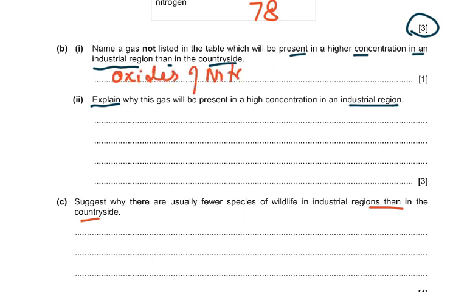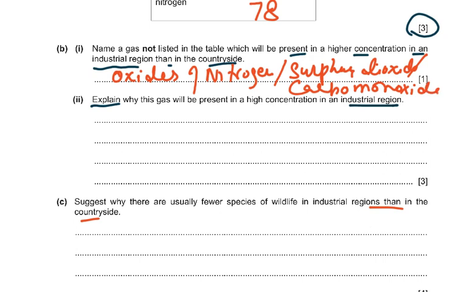Now, this is of course a syllabus point because industrial will cause oxides of nitrogen, or you could have said sulfur dioxide, or you could have said carbon monoxide. So you could have said carbon monoxide, all these were allowed. So you could have said any one of these, and this would get you your 1 mark. Explain why this gas will be present. Well, of course, you know that. Why would this gas be present? Human activity, or you can say factories or cars or machines, and we burn fossil fuels. And the other word for burn would be combustion. So basically, that is what we have to talk about. It's human activity, burning of fossil fuels, which is going to be producing all these oxides of nitrogen, sulfur dioxide,